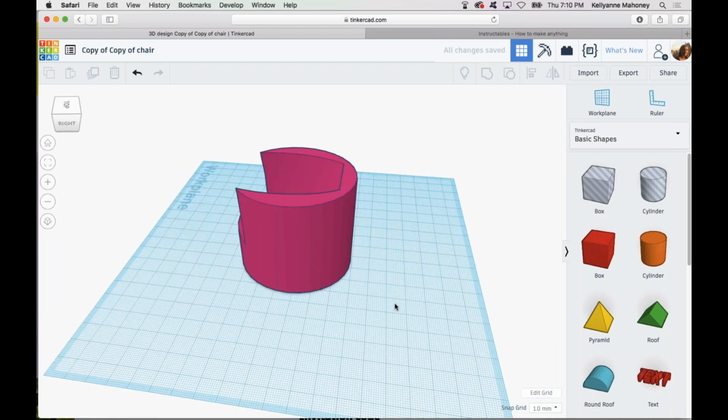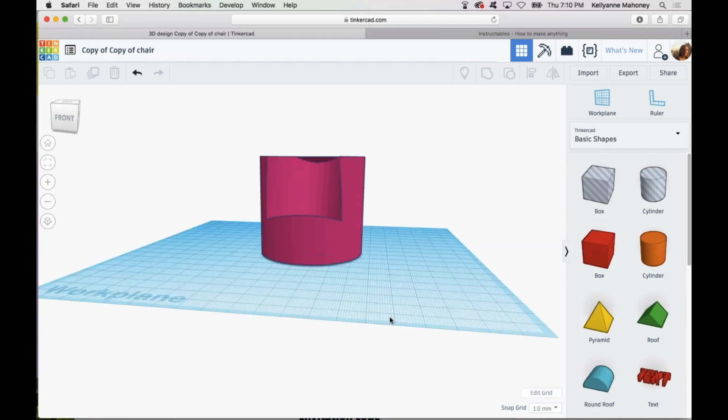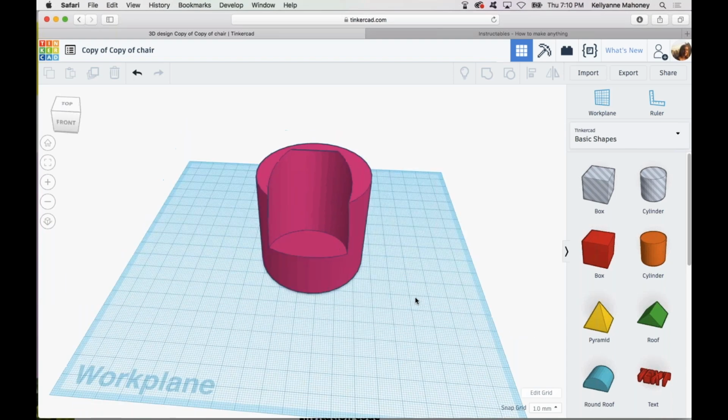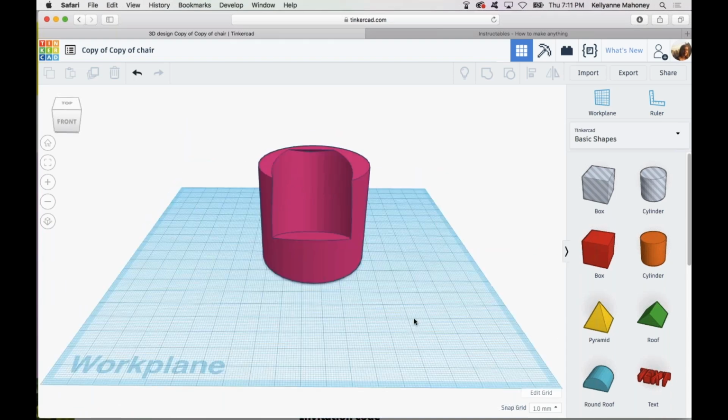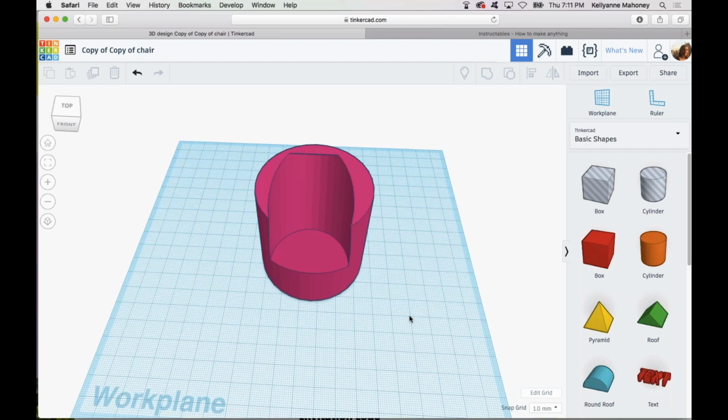One note on changing colors. It's so much fun changing colors of things in Tinkercad, and kids love it too. But if you are thinking about fabricating or printing your object, you want to think about the filament as well,